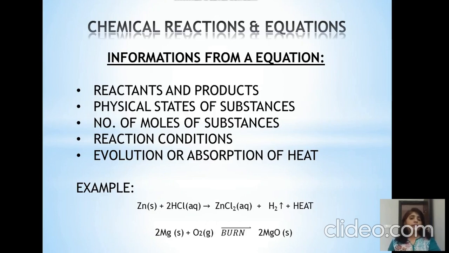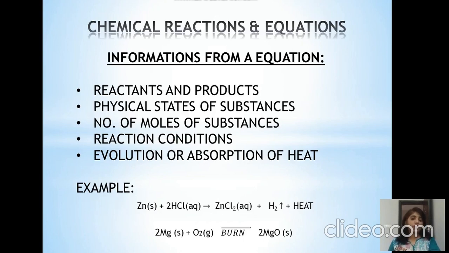If we see, it also tells us about the reaction condition. In the second example, magnesium burns in the presence of oxygen. So one is written. If heat is required, then either a symbol of delta or heat is written over the arrow. Similarly, if any pressure condition is there, any catalyst is required, or anything else,